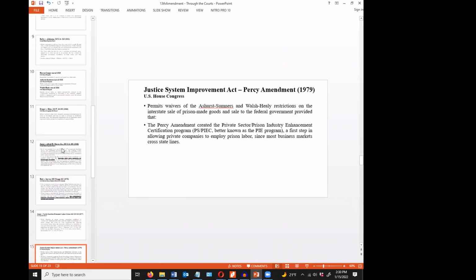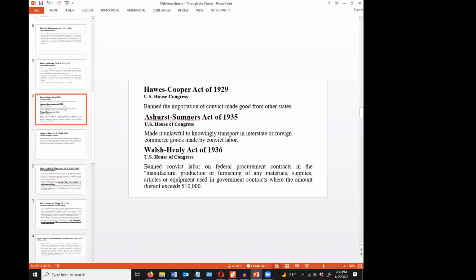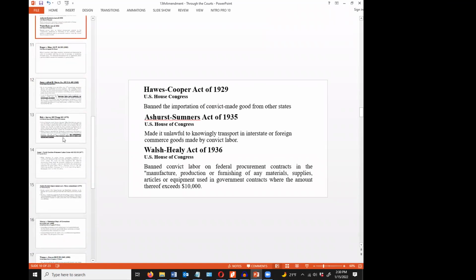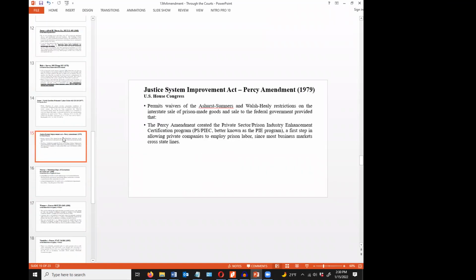So going back to when we were talking about these acts, in 1979, Congress passed the Justice System Improvement Act, which is known as the Percy Amendment, and it permits waivers of the Ashurst-Sumners and Walsh-Healey restrictions on interstate sale of prison-made goods and sale to the federal government, provided that